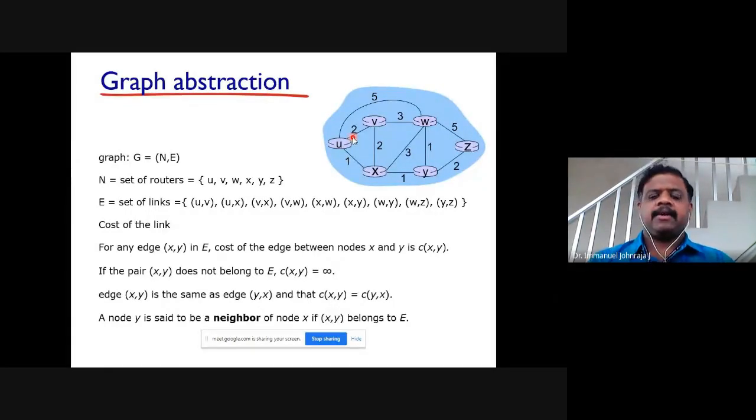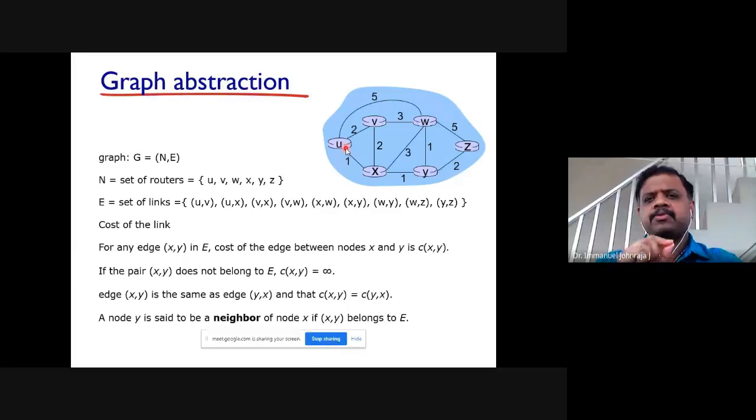It is when there is a direction in the edge. For instance, if the data flow is only from U to V, not from V to U, then you should represent this using a directed graph. An undirected graph indicates that the data flow can go in both directions, we know that. Now, this graph contains two things: a set of nodes and edges. That is what a graph is all about.